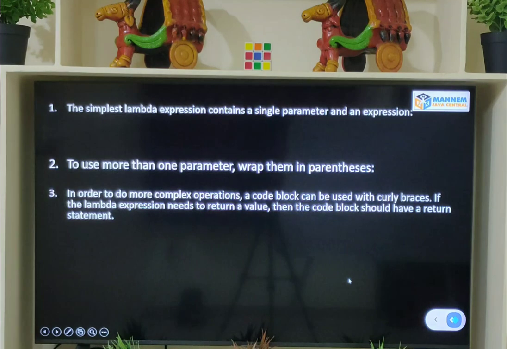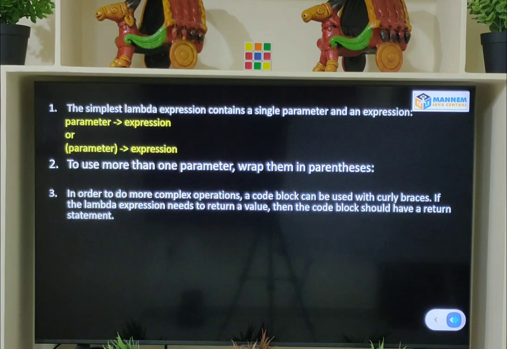And next one is, the simplest lambda expression contains a single parameter and an expression. See the syntax. So here I have only one parameter. You know already, if I have only one parameter, braces are optional. Or if you want to take that parameter in braces, it is not a problem.